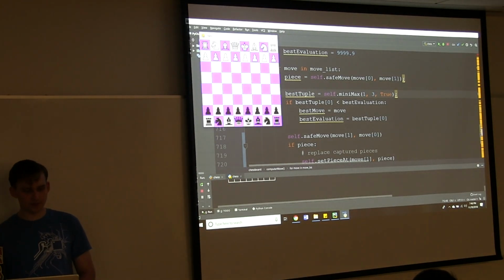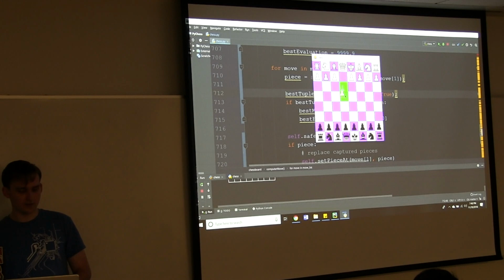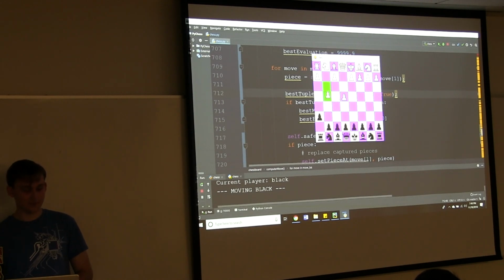Because of just how many times we're calling generate moves, this will probably take a significant amount of time. It's thinking. Oh, what? Bold. Very bold.